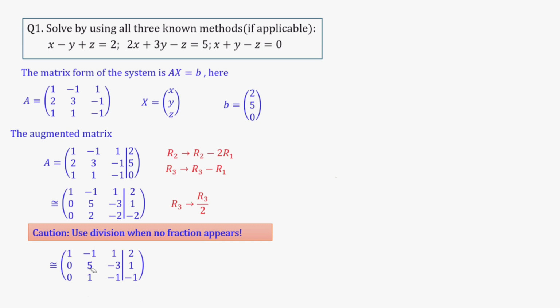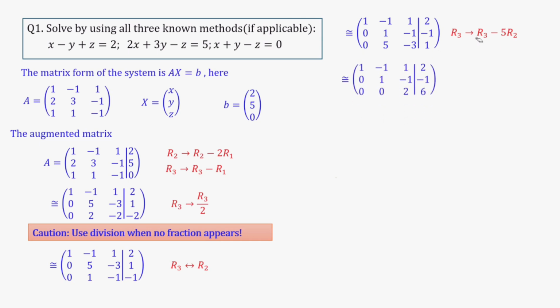Now we exchange R2 with R3, and then we'll have this. Since this entry is 1, it is very easy to make this 5 a 0. We did this operation to avoid having any fraction in the calculation. Now we make it R3 minus 5 R2. So this gives us this 1, 1, 2